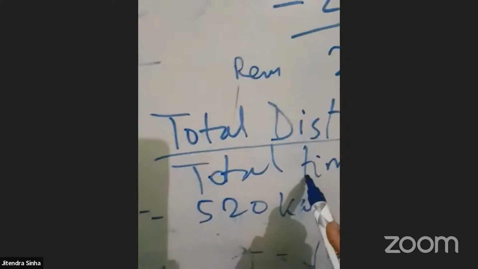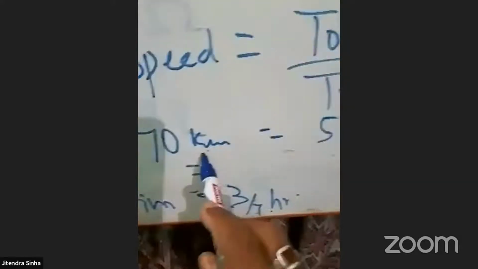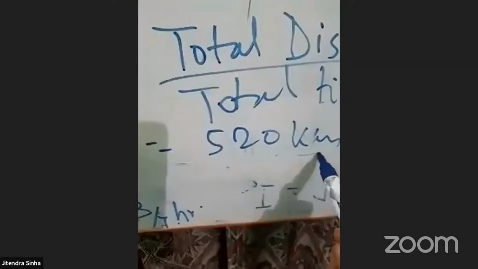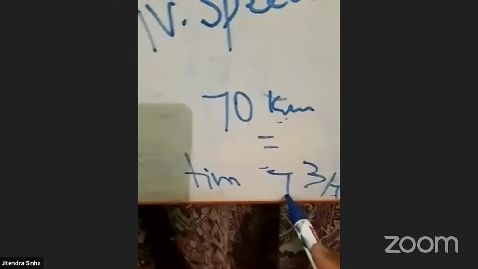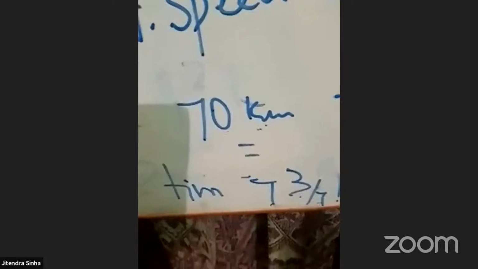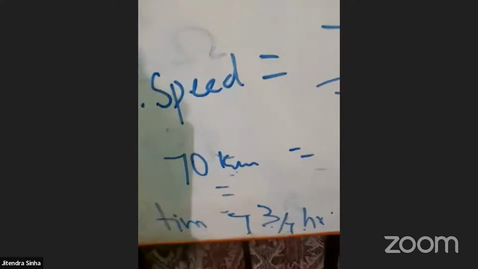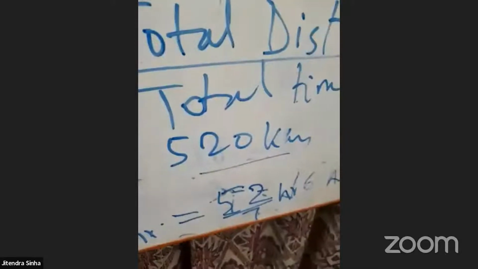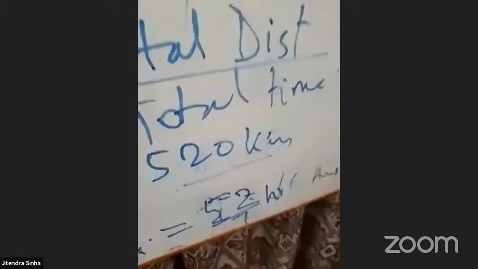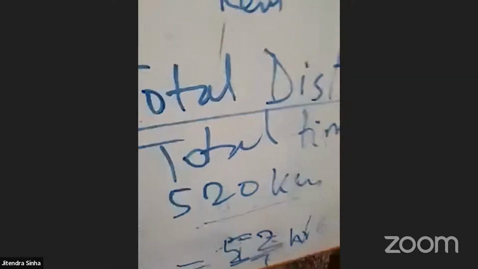अब आप देख लो, एवरेज स्पीड आपका दिया हुआ है। एवरेज स्पीड, टू मेंटेन दिस एवरेज स्पीड 70 किलोमीटर पर आवर, ठीक है। 70 किलोमीटर पर आवर इज टोटल डिस्टेंस बाय टोटल टाइम। तो टाइम आपको नहीं पता है, यू आर कैलकुलेटिंग द टाइम। देखो इधर 70 किलोमीटर एवरेज, ये 520 किलोमीटर डिस्टेंस है, एंड देन यू कम टू द टाइम। तो टाइम आपका आ रहा है, टोटल टाइम इज 7 आवर 3/7 आवर, दैट इज फ्रैक्शन में इसको लेंगे तो इट विल कम 52/7 आवर्स। तो 52/7 आवर्स इज द टोटल टाइम, ये टोटल टाइम लग रहा है। अब आपको देखना है कि 230 किलोमीटर्स में कितना टाइम आपने इन्वेस्ट कर दिया है।